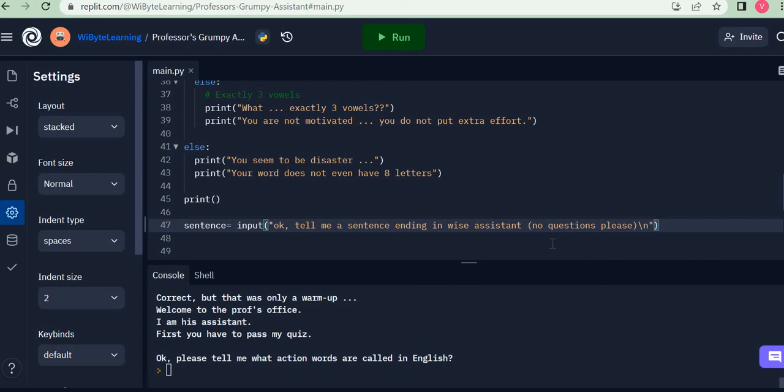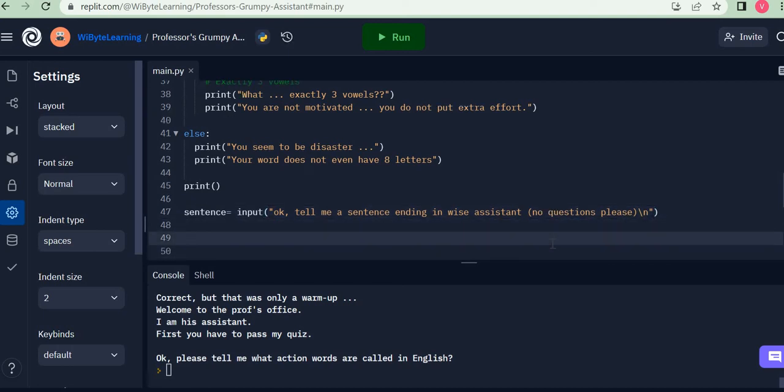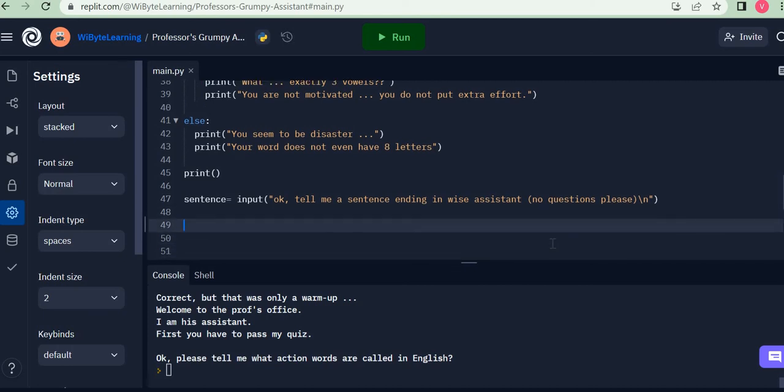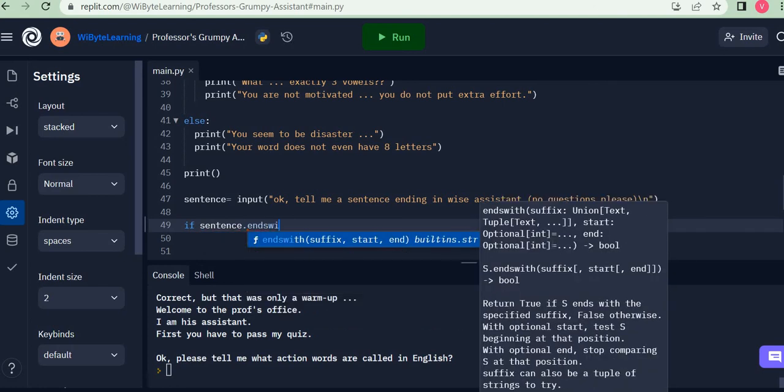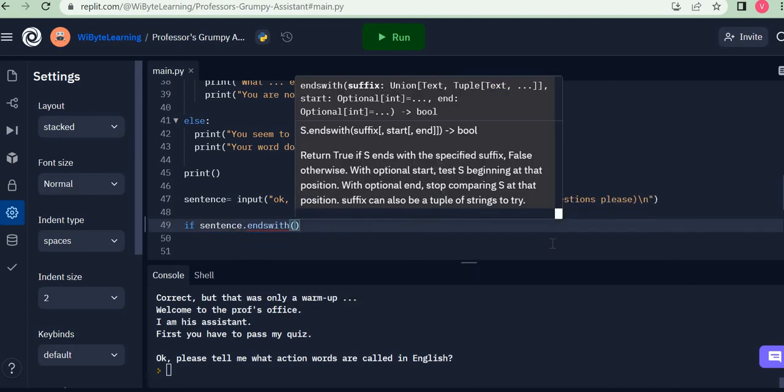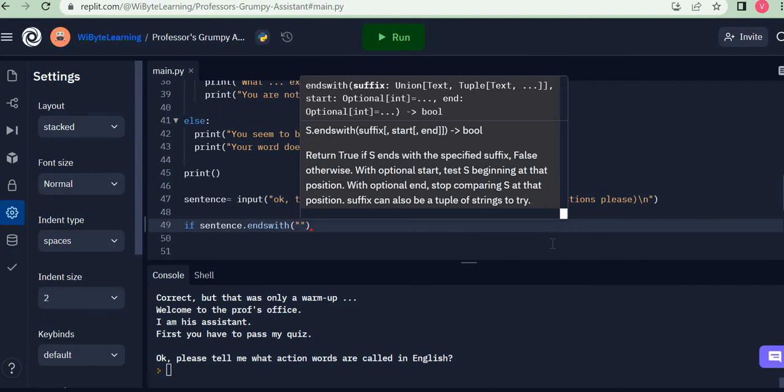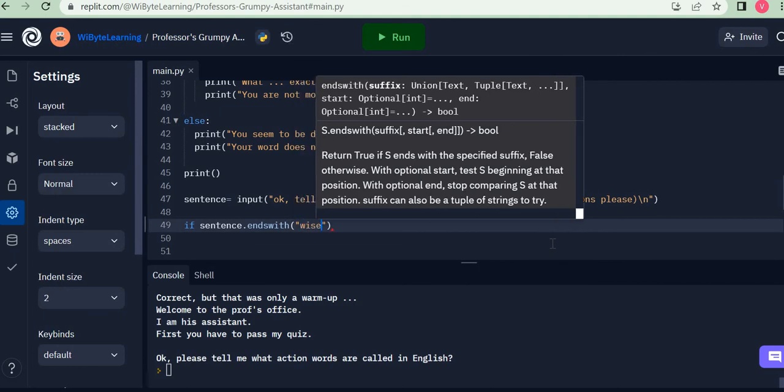Which means that the response of the assistant now depends upon three situations, which is basically a multi-level if condition. And you guessed it right. We are going to go towards an if else, just like we have done previously. Again, I come back to the base indentation and I say if sentence dot ends with, let's say, in this case, wise